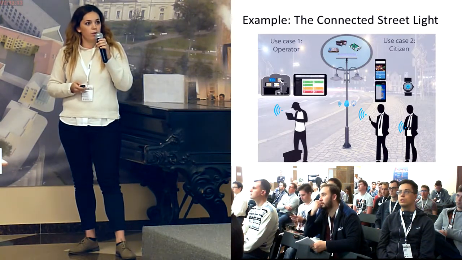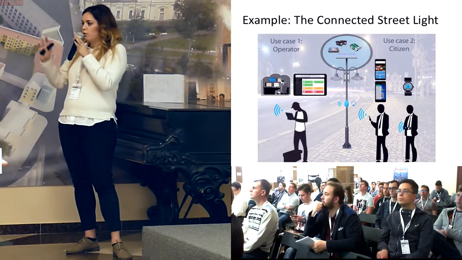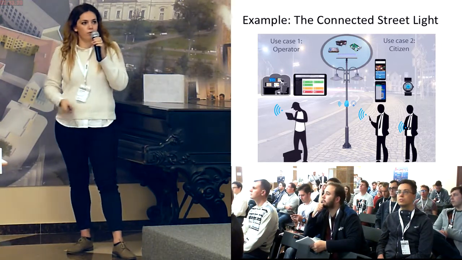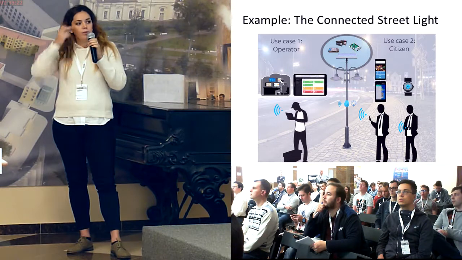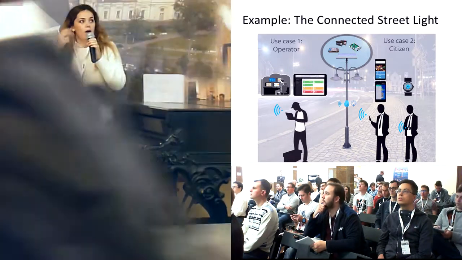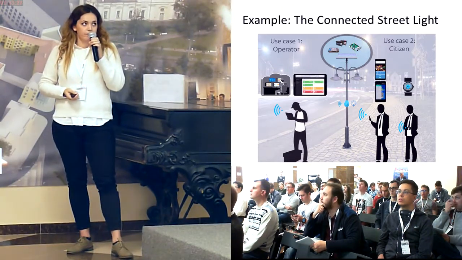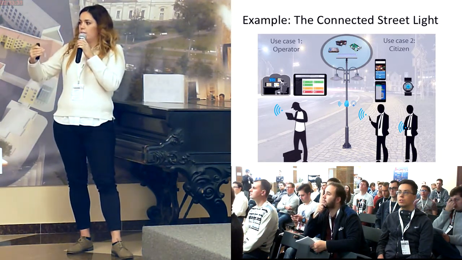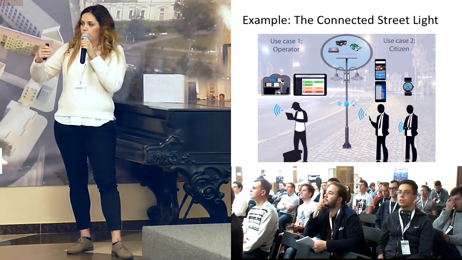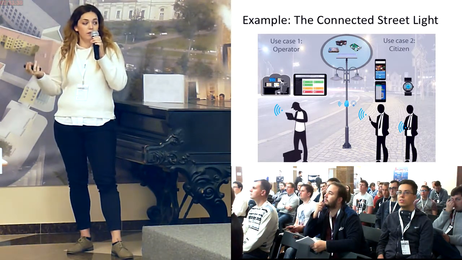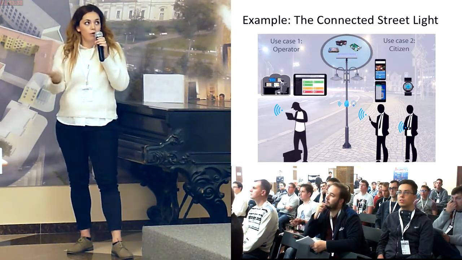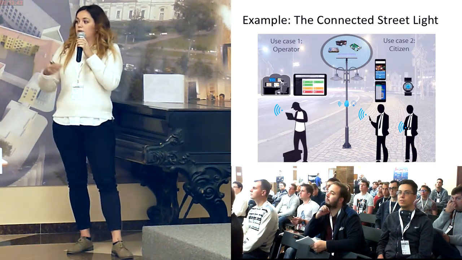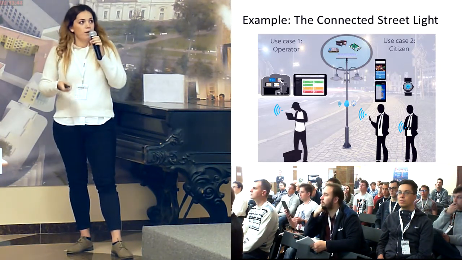Just a quick example, to have a picture of what we could do with this platform and with Node-RED as well, which I will talk about just after that. It's an example of a prototype I worked on, a connected street light. Imagine a street light that is autonomous because it has a solar panel, a battery controller, a photo controller, but which is also connected, because you can talk to the light, you can send commands to the light, and you can receive data from the light.